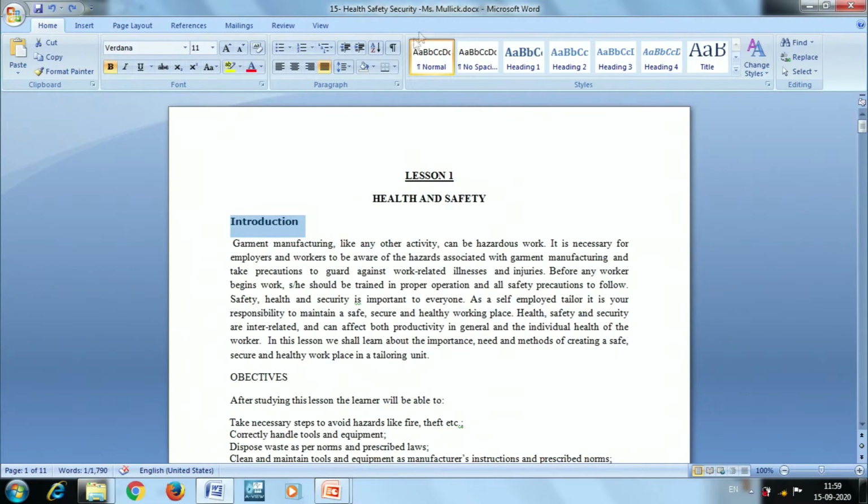Next, we will discuss paragraph formatting. When I say paragraph formatting, this is a particular paragraph, and I want to apply some effects here. If I want to do some alignment or some spacing in between the paragraph, or if I want to change the line spacing, then I can do it. So till now we discussed character formatting, and we will be discussing more about paragraph formatting and page formatting.